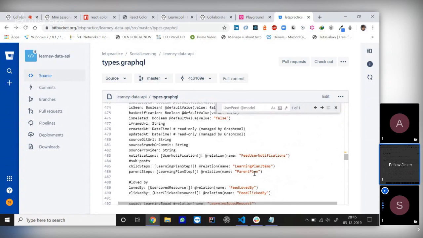So you see this square bracket with an exclamation is saying that child step is an array of learning plan steps. It's like an array, so like multiple relationships. With parent, it should be just without the square brackets, for the squad parent-child that we are trying to create. But again, this thing should be in such a way that